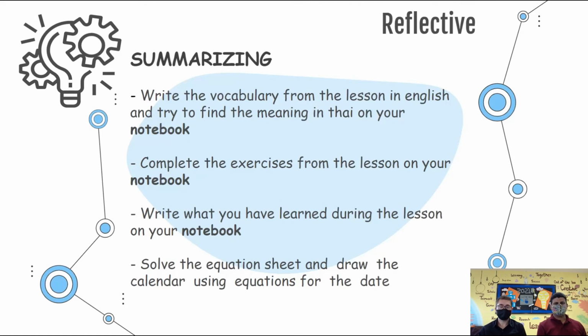And finally, solve the equation sheet. And once you're able to do that, make sure to do the calendar. The calendar is the thinking tool. And instead of the date, write down the equation where the answer is the date. Okay? So finish doing that, and you can bring the